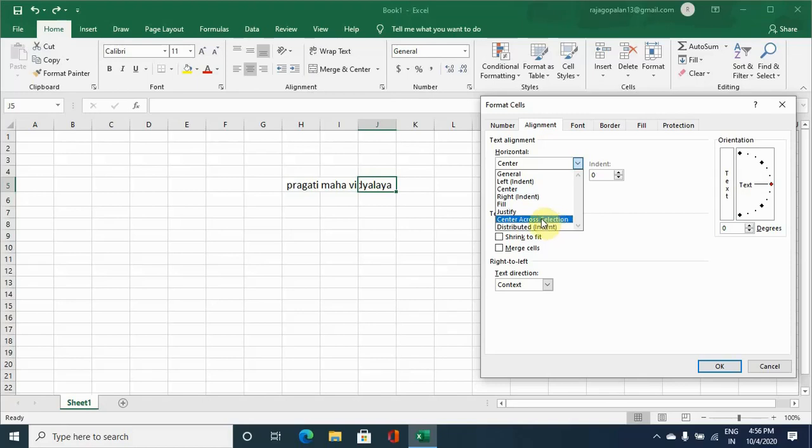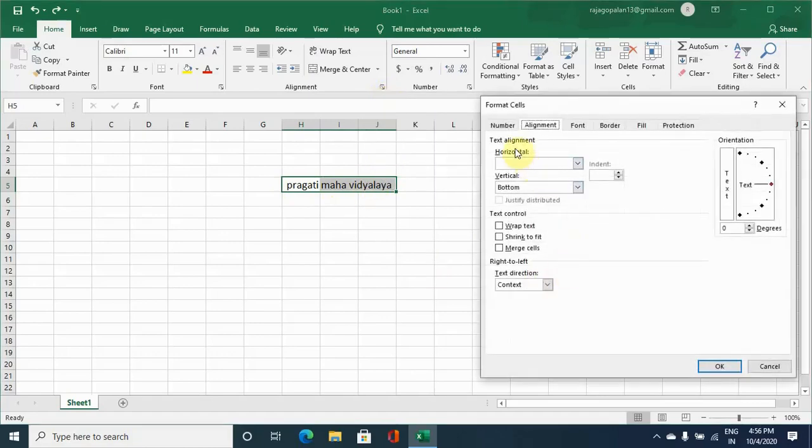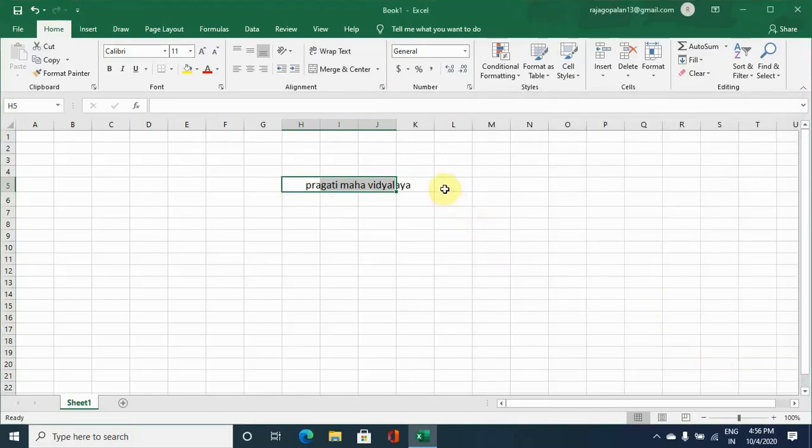Now before selecting it, a range should be selected first. So what we do is, you select the range, then the dialog box launcher in alignment, then in horizontal using the drop down options go for center across selection, then go for OK. In that case also we have central alignment here, but the difference is the cells are different. The cells are not merged, but the heading appears in the center of the cells where the matter is typed. So that is about central alignment.